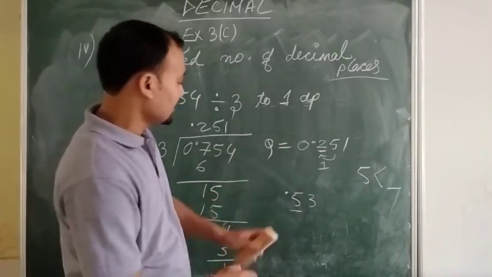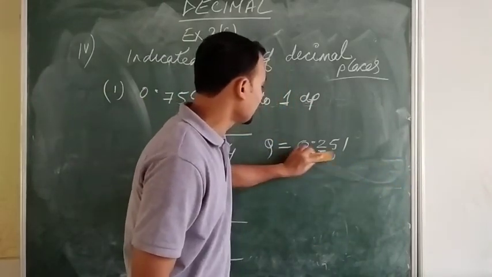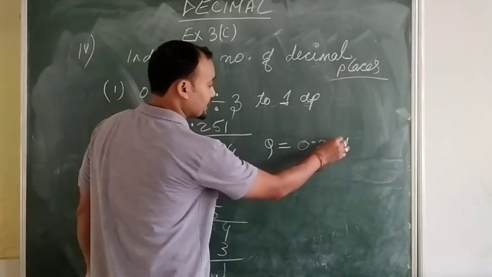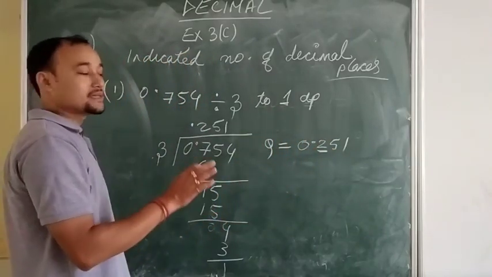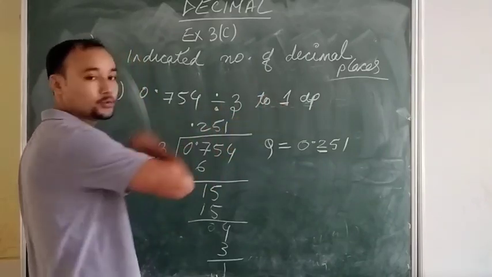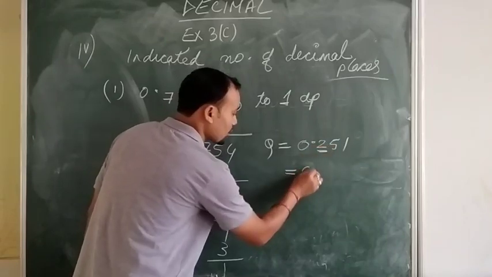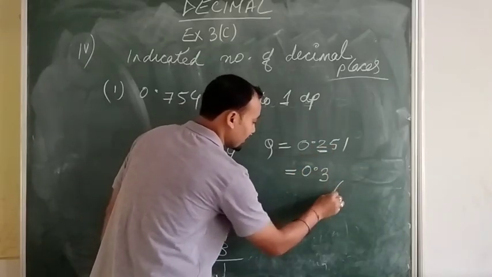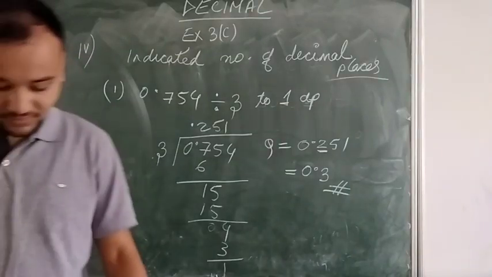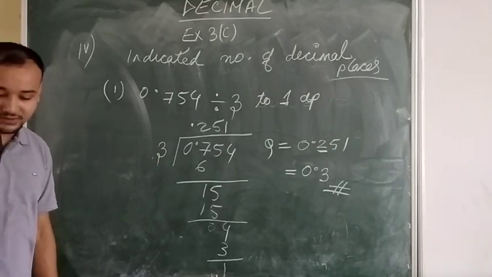Now let's come to our own part. 1 decimal point. We need to stop at 2. The following number is 5. The rule says that if the following number is 5 or more than 5, then 1 will be added to 2. That means this will become 3. That is, 0.3 is our answer. Interesting, I think. I am finding too much interest. You too.